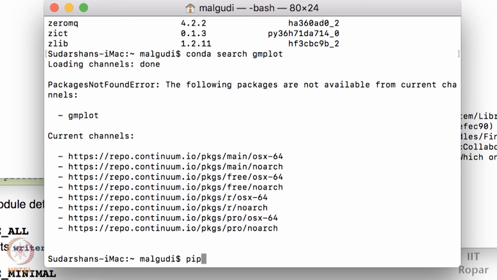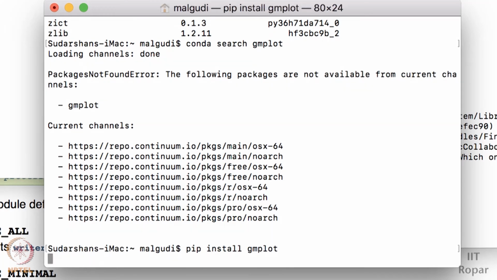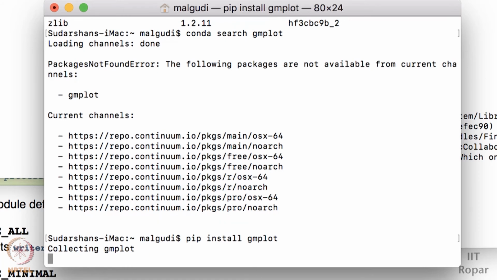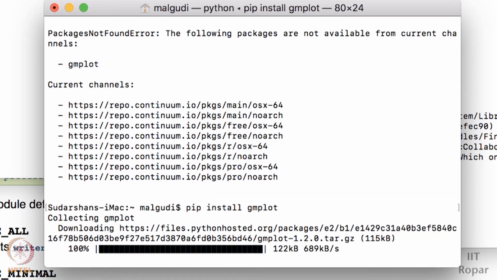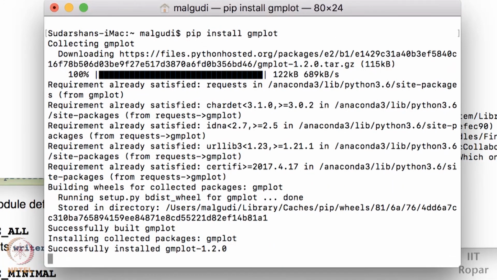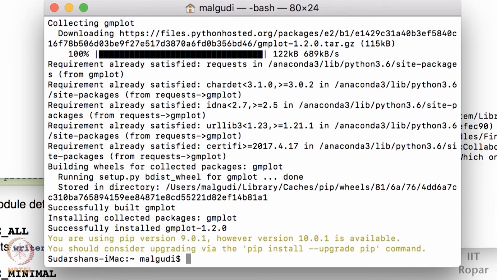So I will do pip install gmplot. Now pip will install this gmplot and it will be automatically picked up by Anaconda.